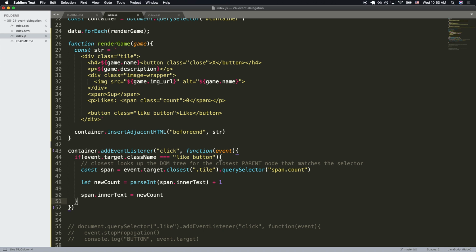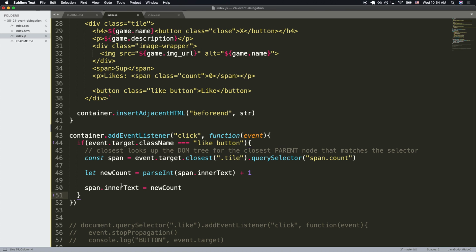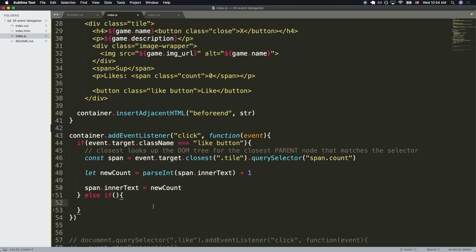So we were saying that it would be in this, because I was going to make a whole new add event listener, and James is correct that because the add event listener is on the container itself, you can just add an else if. So conditional logic, like we're trying to do. So else if